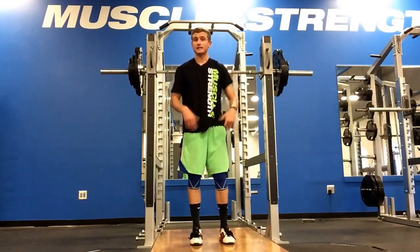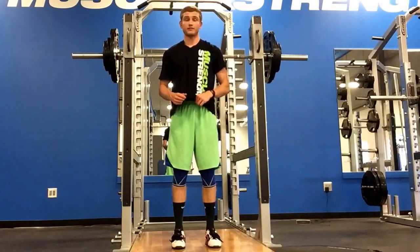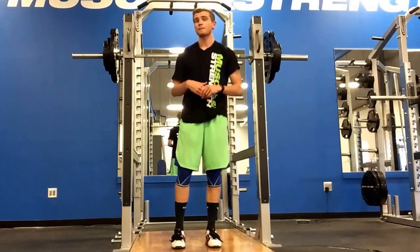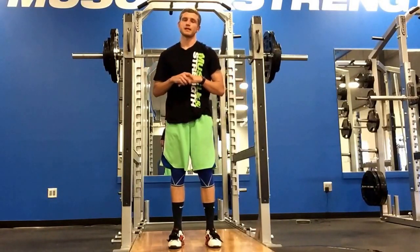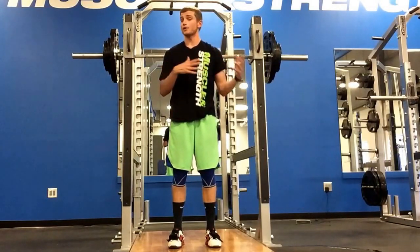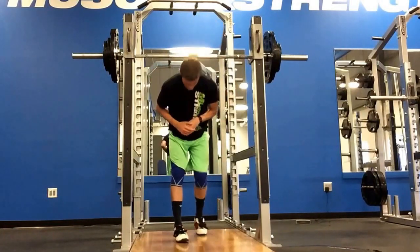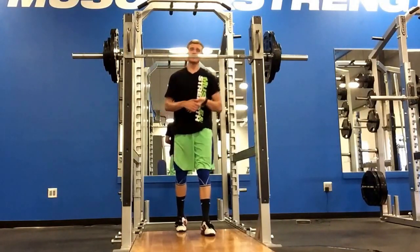What I've found is that simply cueing a little softer knee at the start is going to make a bigger difference in terms of the movement feeling better to them subjectively, and then also to you as a coach perceptively. You may see some other common compensations clean up as well. So I'll show you a rep or two to give you an idea what it looks like. If you want to see more,